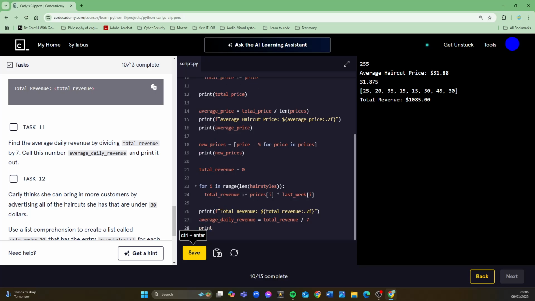So print average daily revenue colon, and then average daily revenue colon dot 2f.